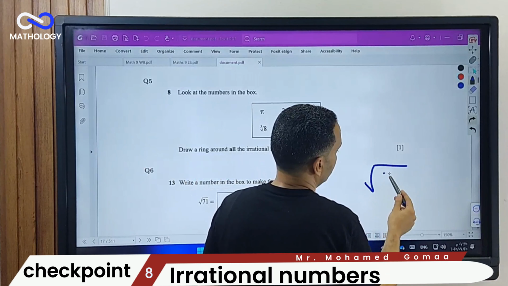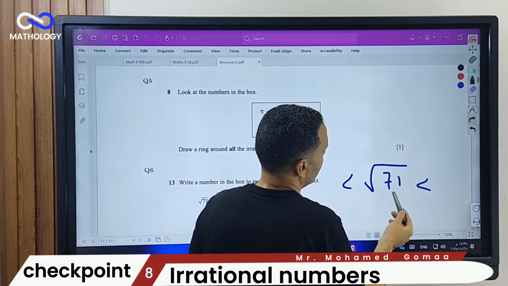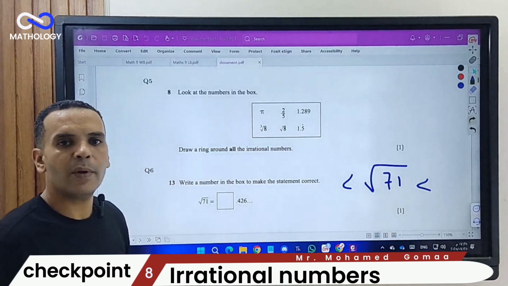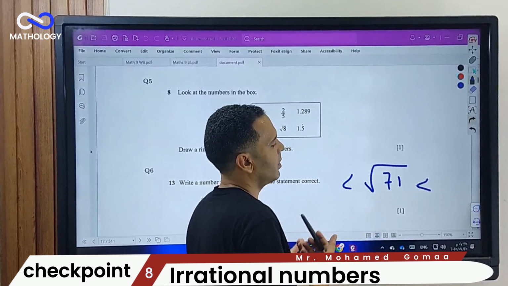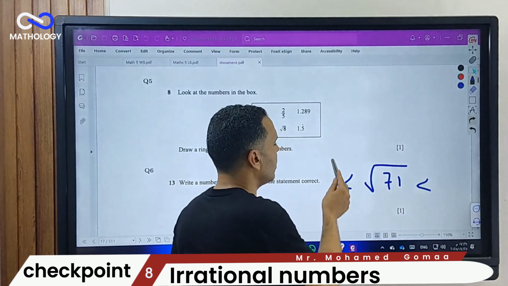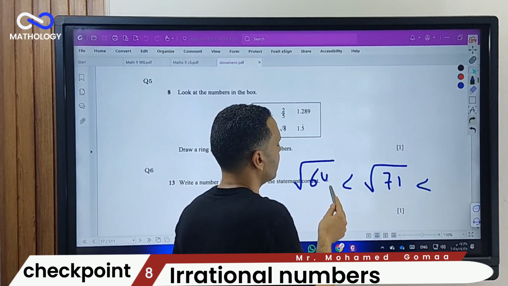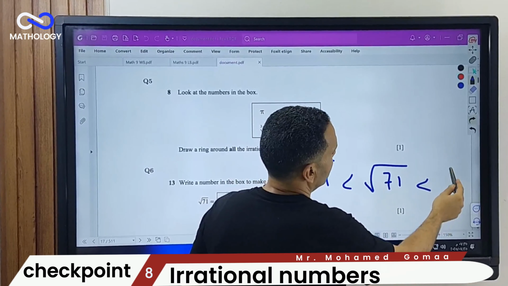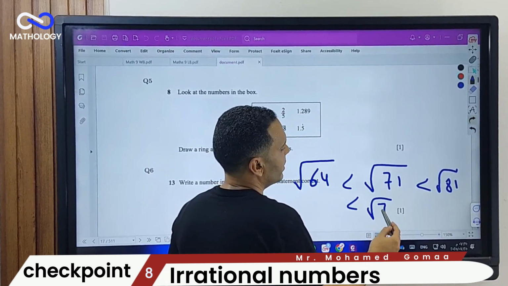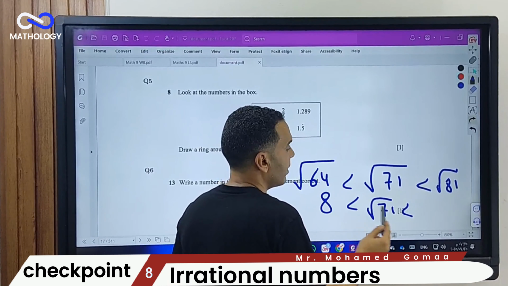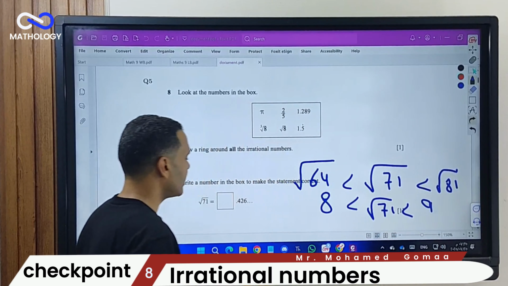To get this value, you have to put this irrational number between two rational numbers. What is the square number smaller than 71? It will be 64. And greater than 71, it will be 81. So the square root of 71 is between 8 and 9. So this number will be